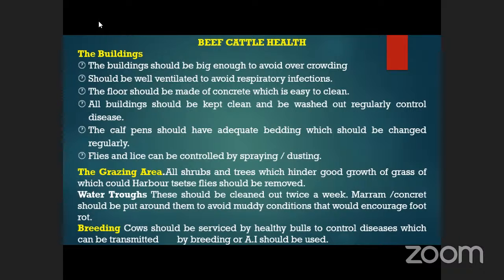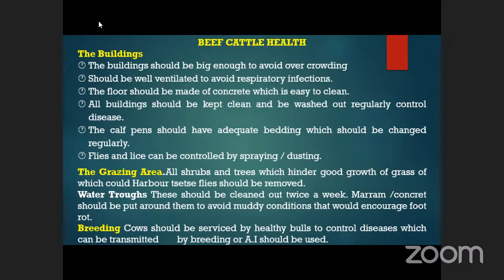The other point says water troughs. This should be cleaned out twice a week. Marram or concrete floor should be put around to avoid muddy conditions that would encourage foot rot. Foot rot is a type of disease which affects these animals' hooves. So you have to make sure that where the water trough is,